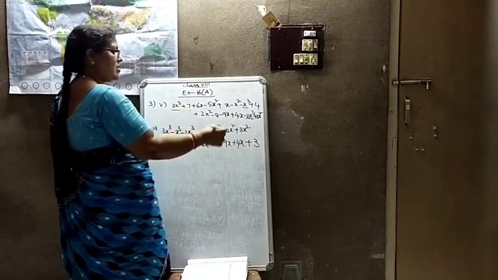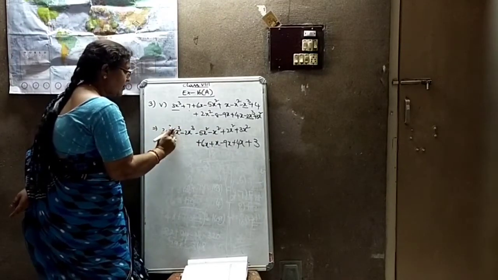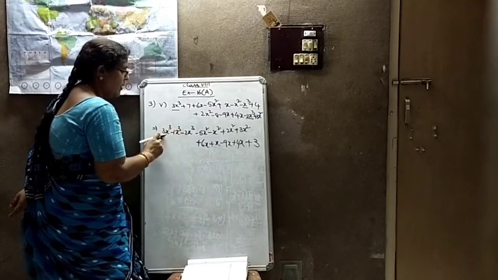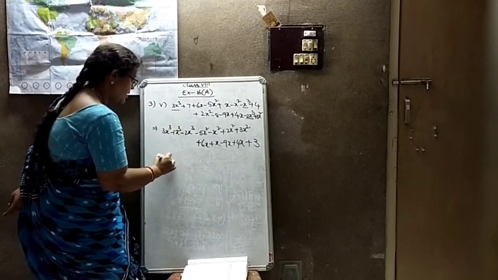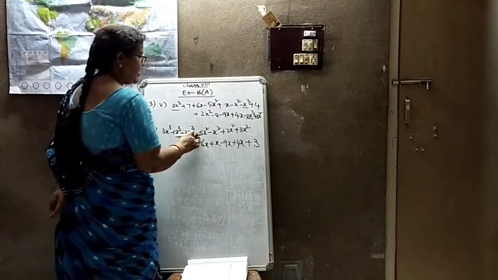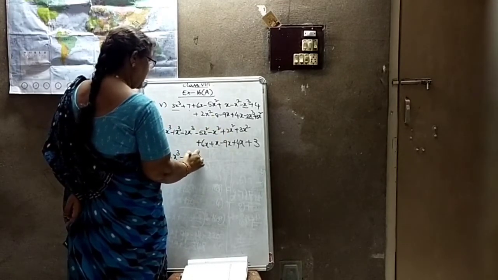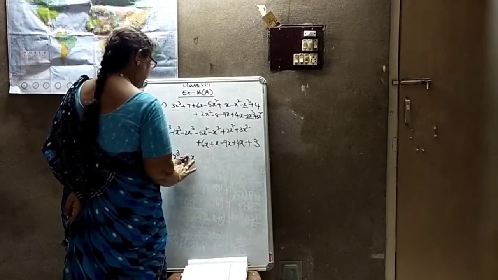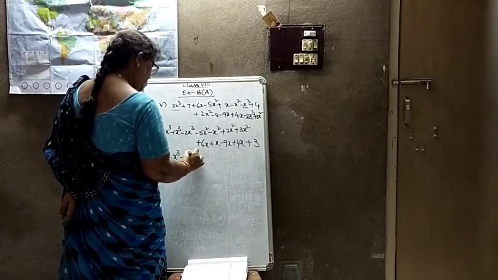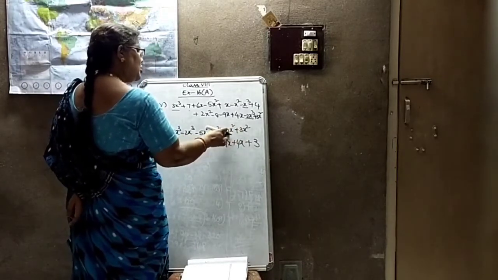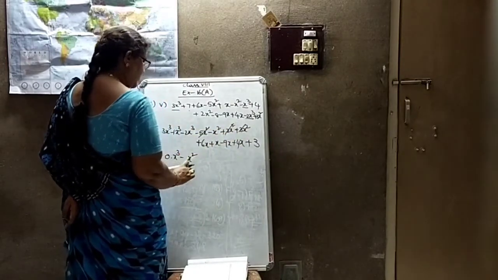I simplified the constants and I wrote. Now add them. Now 3 minus 1, here it is 1. 3 minus 1 is 2, 2 minus 2 is 0. So 0 into x cube. Minus 5 minus 1 minus 6 plus 2 minus 4, x square, minus 4 plus 3 minus 1x square. See here, 3 plus 2 is 5, 5 and 5 gets cancelled. You can do like this, and minus x square is left over.